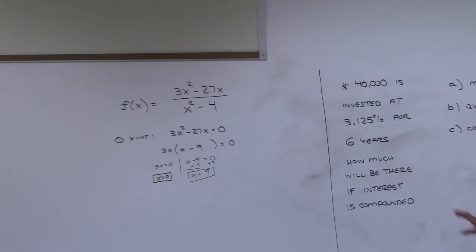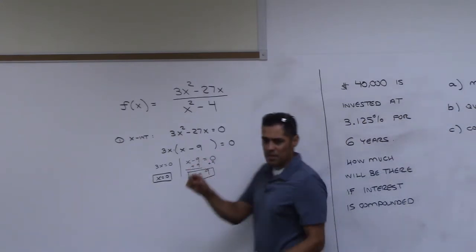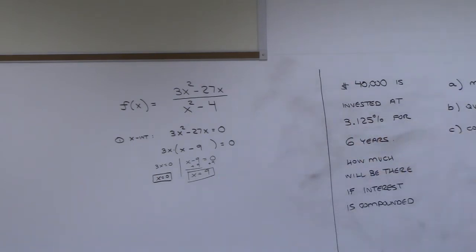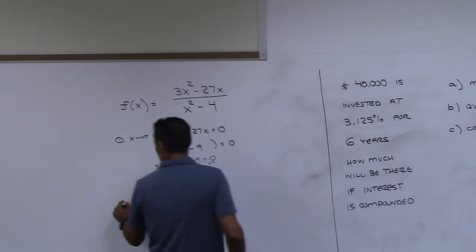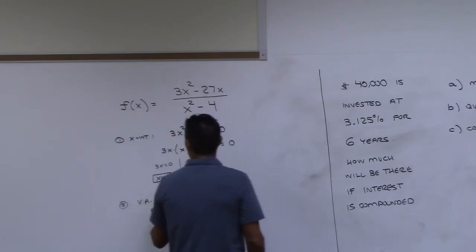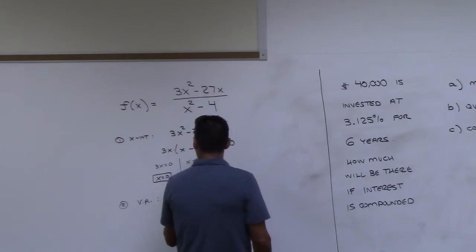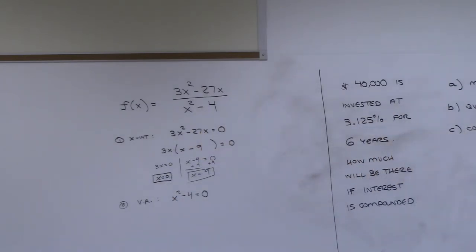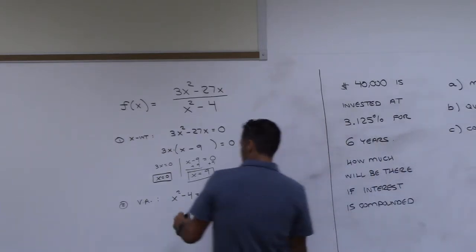So this is just one part of the problem. This is just our x-intercepts. These are just points that are on our x-axis. All right, what would be the next step? You know the next step? Set the bottom to 0. All right, and what is it that we're actually finding when we do that? Okay, the vertical ones, right? The vertical asymptotes, we set the bottom to 0. X squared minus 4 equals 0. So you comfortable with that? What do you got? X minus 2 squared. Okay, so you're going to do like difference of squares? Yes. Yeah.